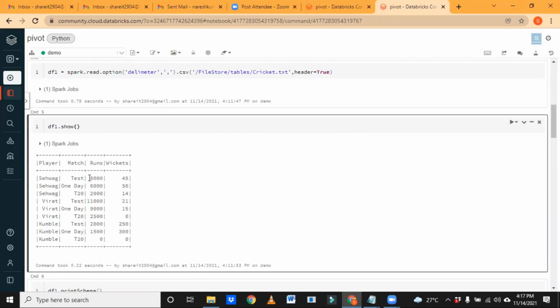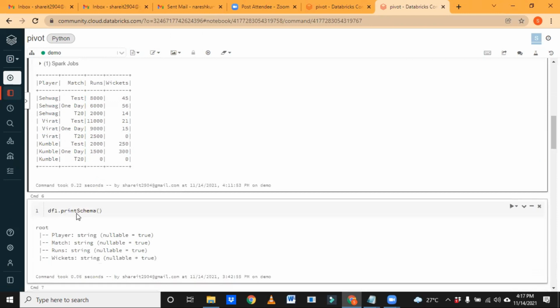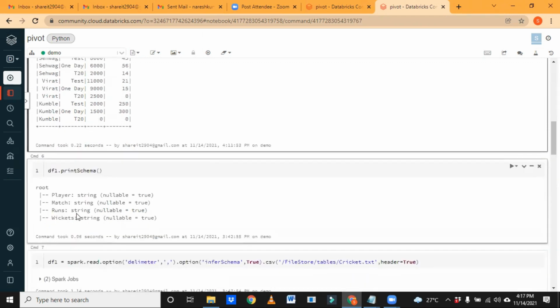Our intention is that these columns should become rows or column names. Just for our understanding, to see the schema and what data type each field has, we can use the printSchema method. By default all are taken as string, because we didn't give any inferSchema option.